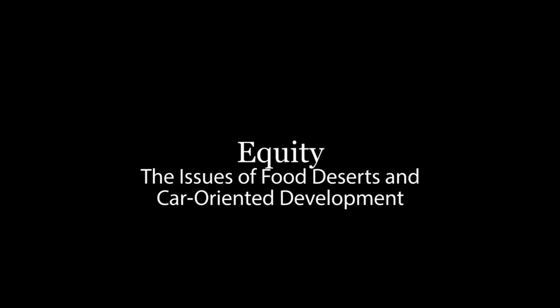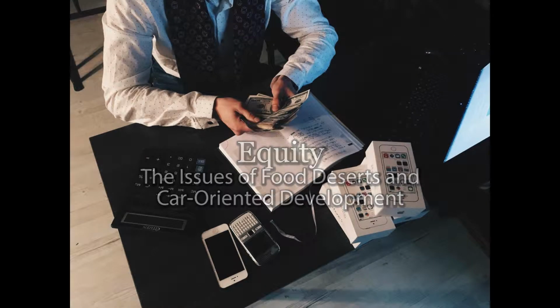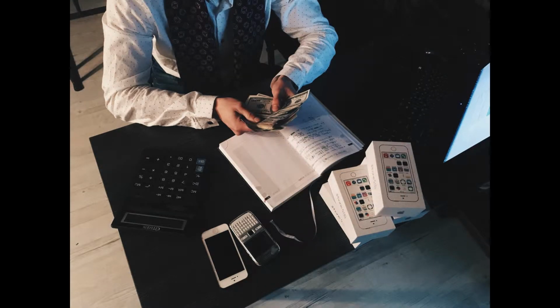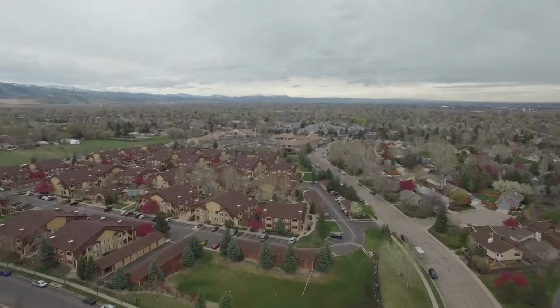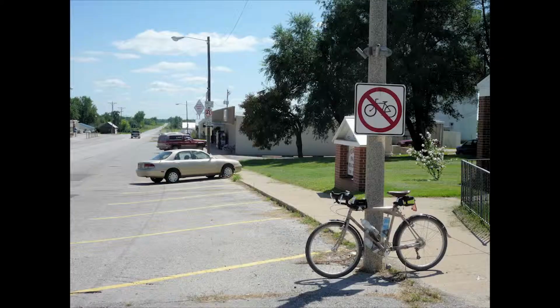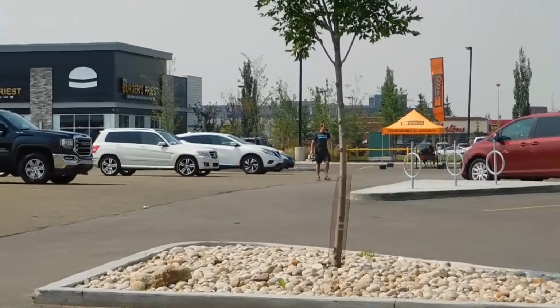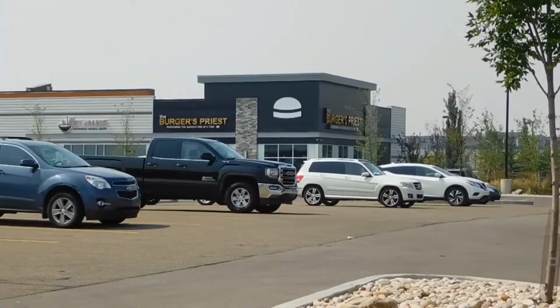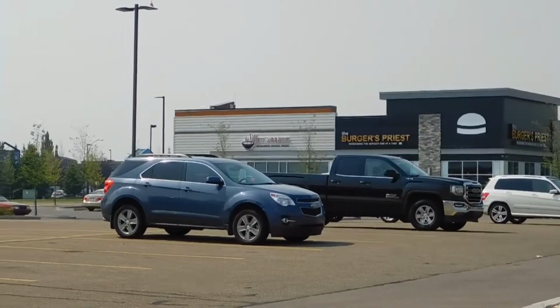Next, we can see how planning can get involved with equity issues by looking at food deserts. A food desert is a place with no grocery store, and often the only way to get food is to drive long distances you wouldn't be able to cover by foot or by bike. In a survey in King County, it was found that 88% of people drove to the grocery store, with only 12% using public transit, biking, or walking.